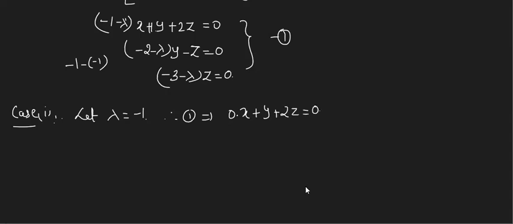Now, when you have three variables, don't write only one equation, you should write two equations. Means you have to write one more equation. Here, in this second equation, you put lambda equal to -1. If lambda is -1, tell me what you'll get. -2 minus into minus plus 1 is how much? Minus minus 1. -y minus z equal to 0. Correct?